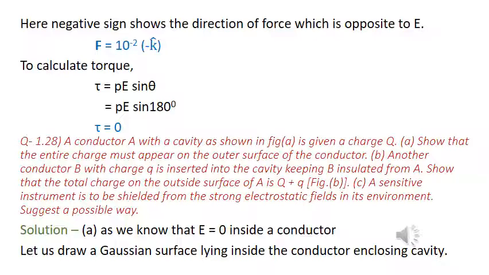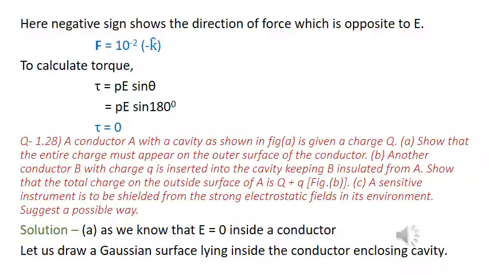In this question, it is given that there is a conductor with a cavity inside it, and a charge plus Q is given to that conductor. Part 1 asks us to show that the entire charge given to the conductor should appear on the outer surface of the conductor,